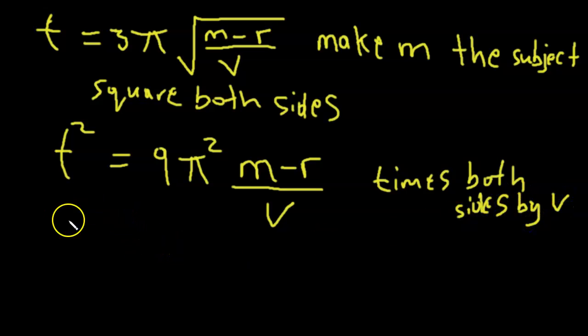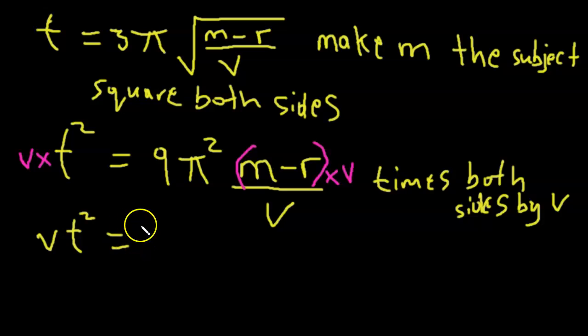So v times t squared, and then v times the right hand side. So we end up with v into v, that's 1. So we end up with 9